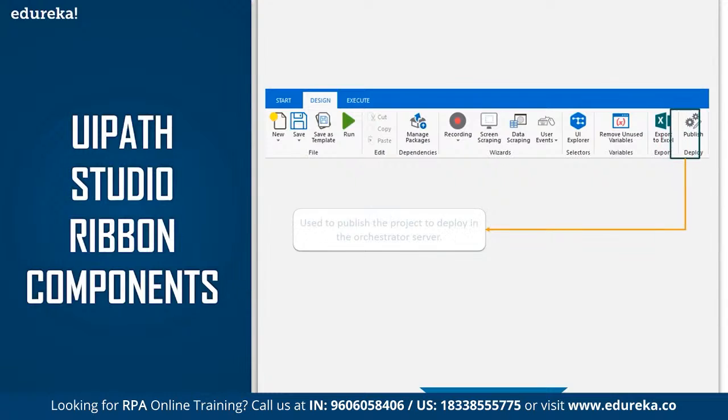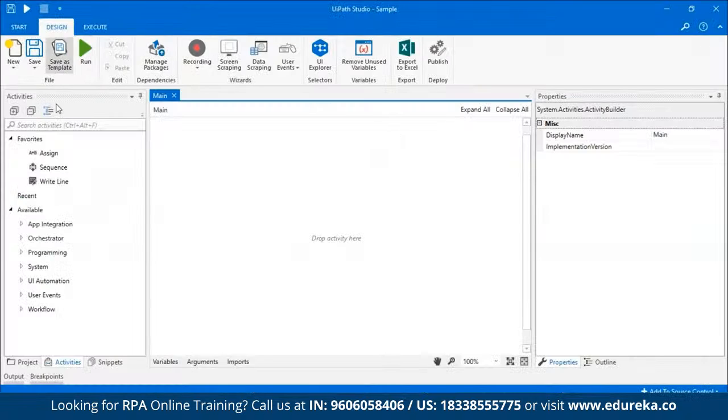And finally, coming to the deploy section, which has the publish options. The publish option is basically used to publish the project to deploy it in the orchestrator server. When it is deployed into the orchestrator server, that particular project can be implemented on thousands of computers or thousands of PCs, either to automate the front office processes or to automate the back office processes. So let me just shift back to my UiPath Studio and show you the